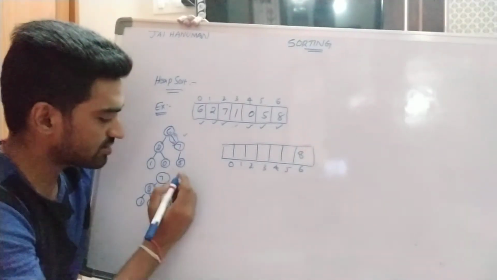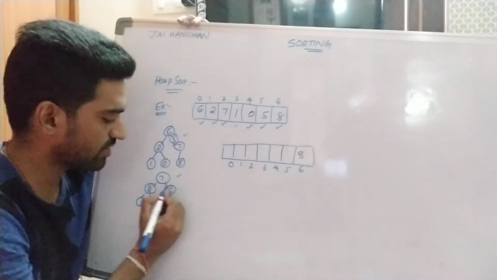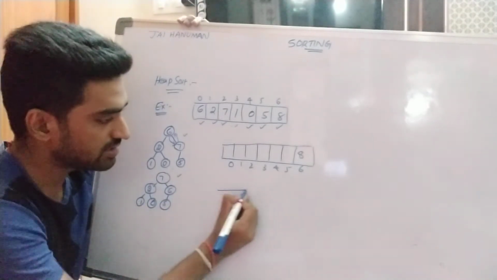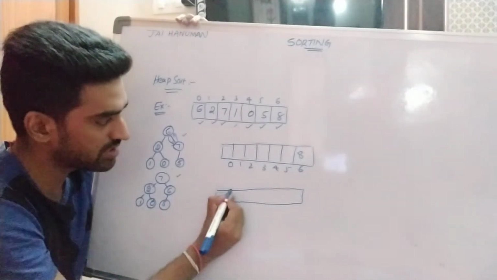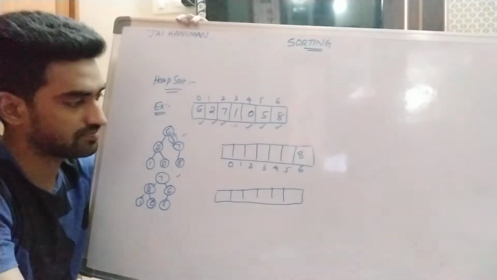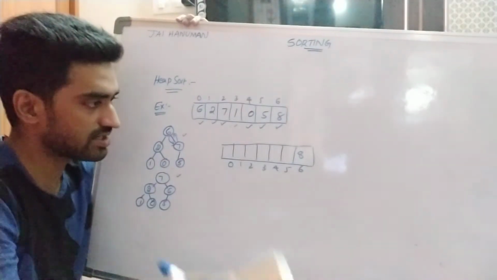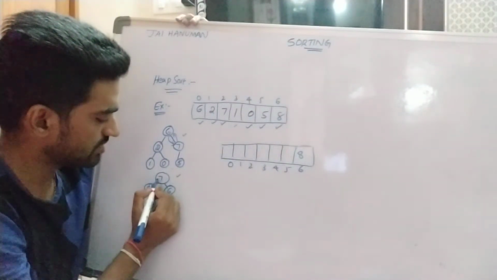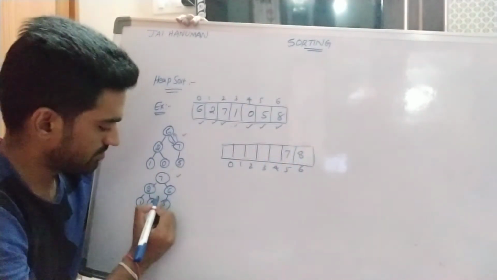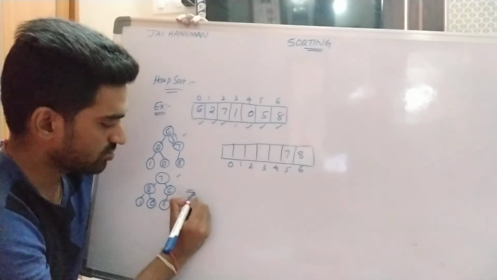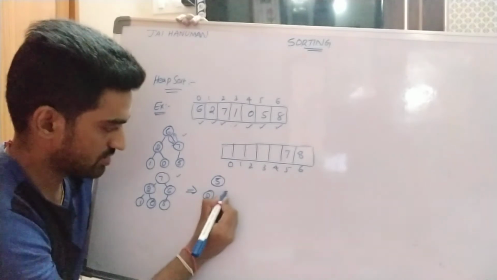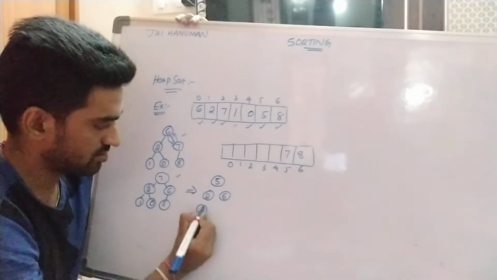Right? So once the max heap tree property has been satisfied, delete the root node and replace it with the last node. Right? So the deleted element is placed in the sorted list. So here what is the deleted element? 7 is placed in the sorted array list. Replaced with the last node, now the tree becomes 5, 2, 6, 1, 0.